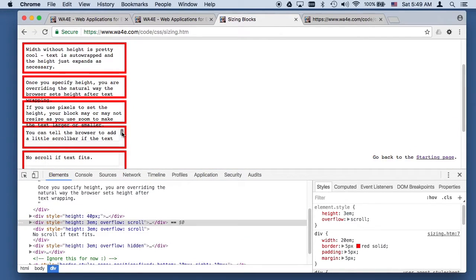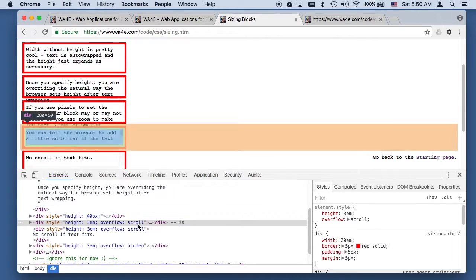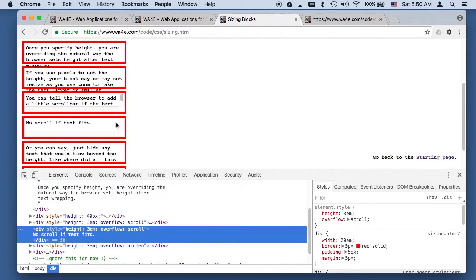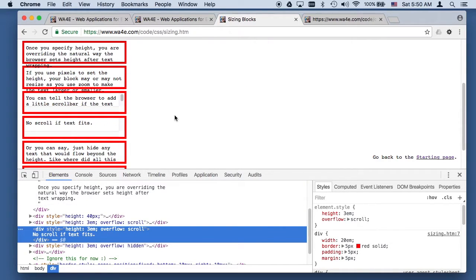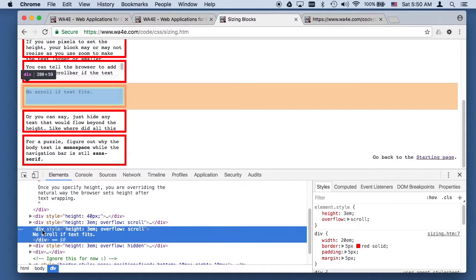And so here's that same stuff, and you can see we got a little tiny baby scroll bar, and it didn't blop out of the box, right? And even if the text fits, you get little scroll bars, but you can't scroll it because there's only one line there and it fits in the box. And then another thing that you can do is